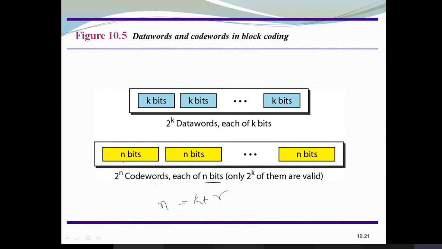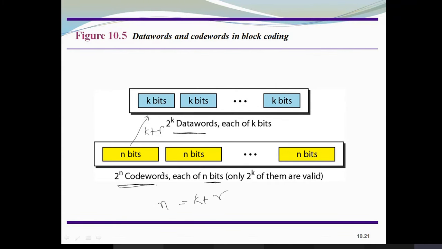So what does this n bit indicate? It corresponds to this block. How did I get n bits? By adding k plus r. So the number of possible code words here is going to be 2 power n. Can you remember the number of possible code words you are going to get? With respect to this, it is going to be more compared to this. 2 power k words are less compared to 2 power n words. Do you agree?